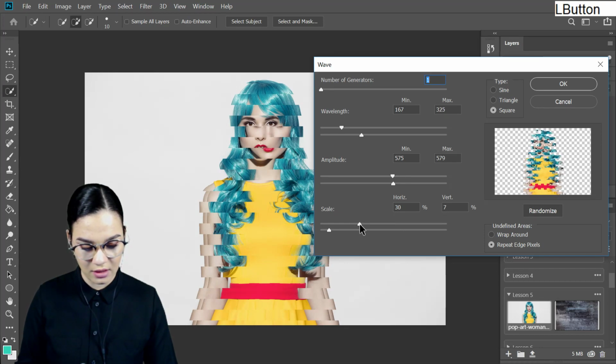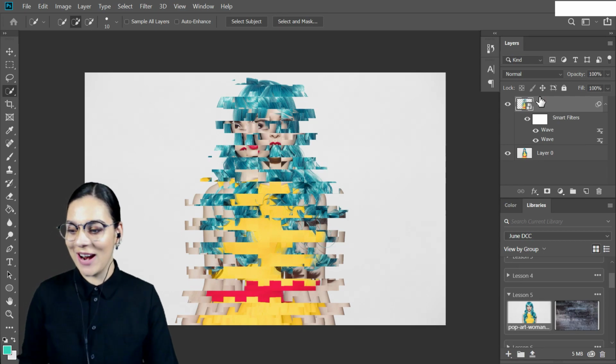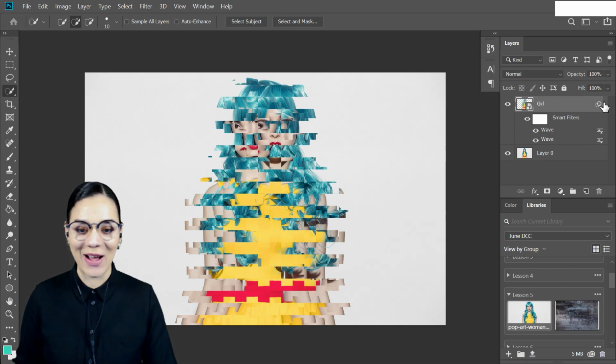That looks pretty good. Maybe make it just a little bit wider. All right, let's see. Yeah, that looks really crazy. It's very, very strange, but I think it looks super cool. And I'm even going to, just to separate her from the background there, since our image is kind of cut